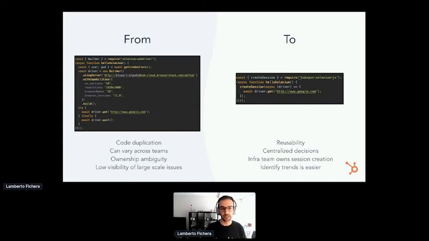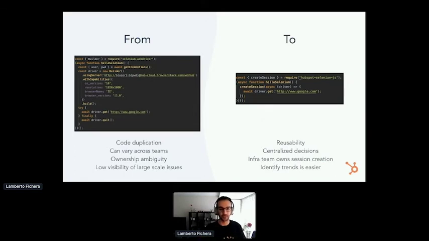Instead of having the specific team specifying all the different details about which version of the browser, which server, the credentials, shutting down the session, we centralize everything in a common helper, so that everyone just has to use that function and then run their tests in an easy way.